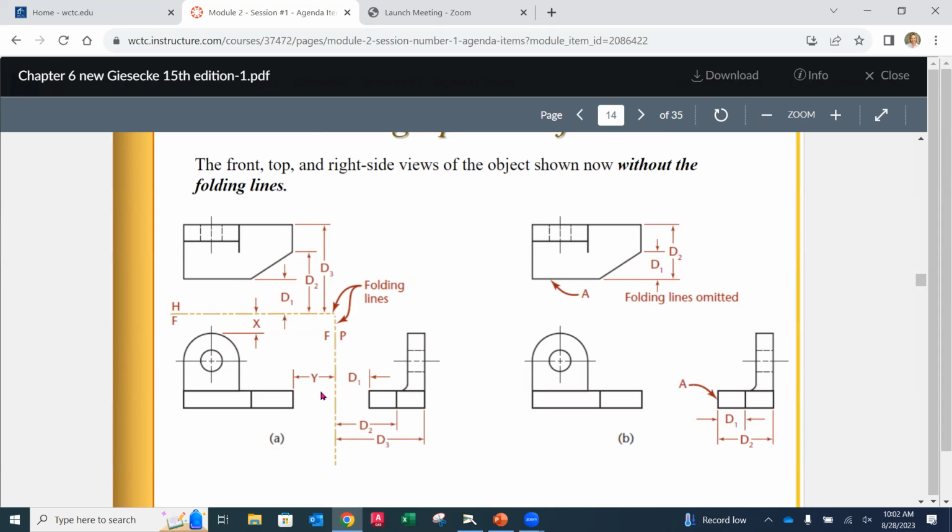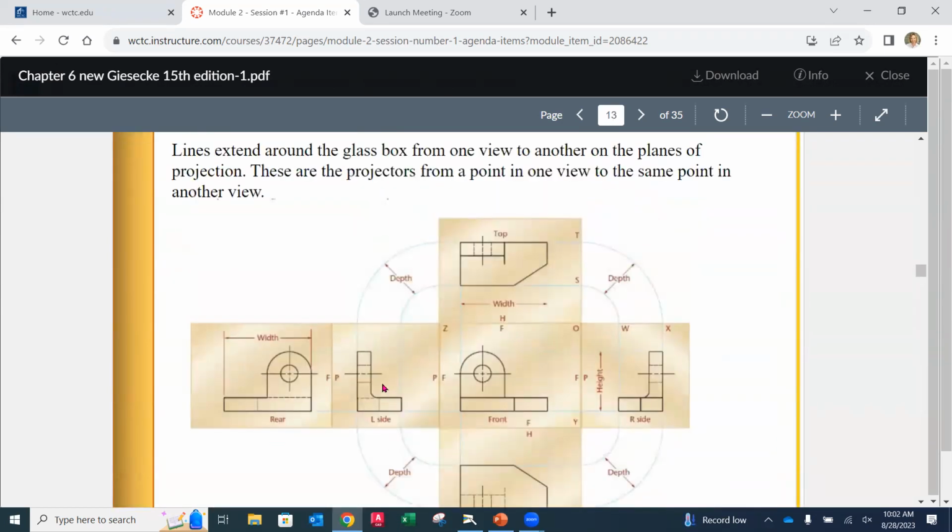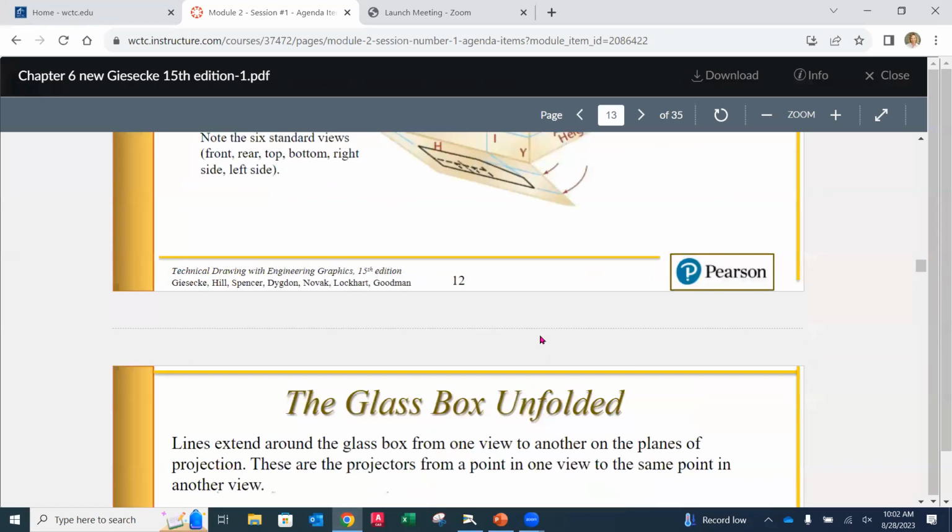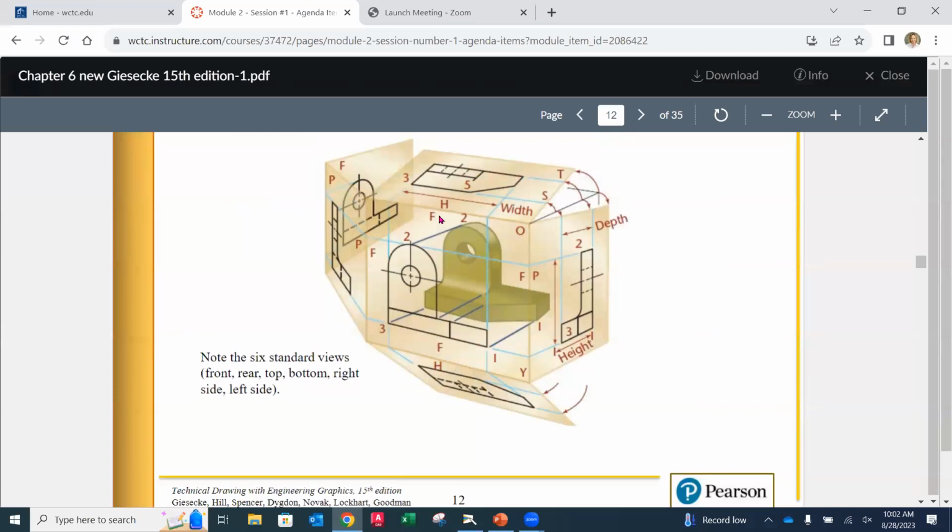Now you'll notice that they have folding lines in this view right here. Those folding lines, what do you think those represent? We go back here. What do you think those folding lines represent? These are the three views we're looking at. Do you see that? The edge of what would be, I'm going to go back here, our glass box, right? It's this edge unfolded. They call them folding lines, right? So